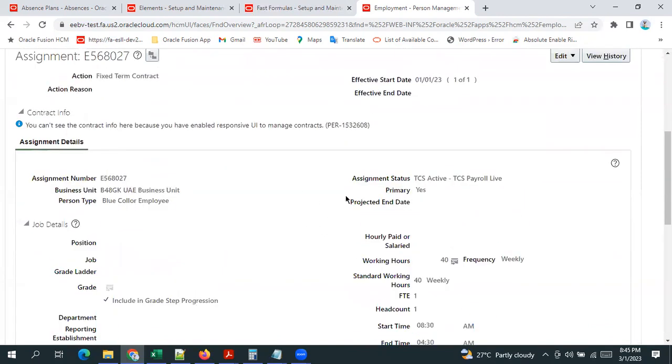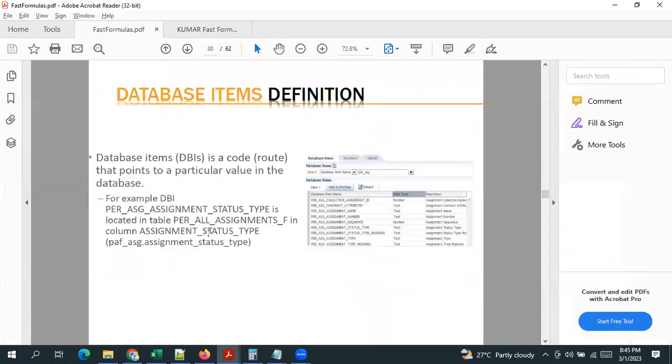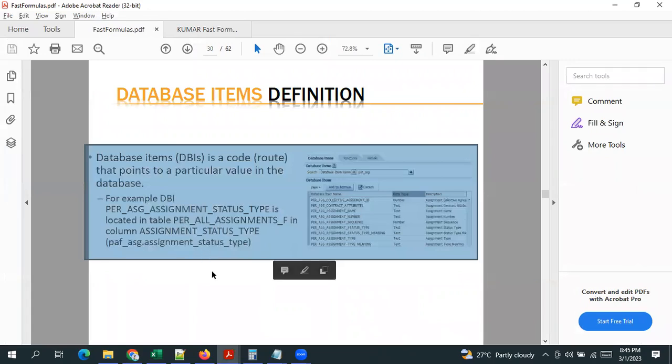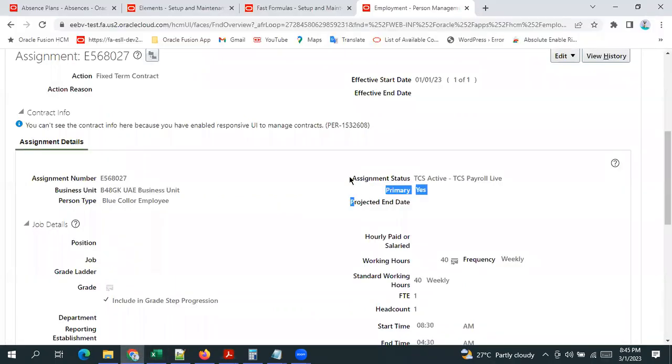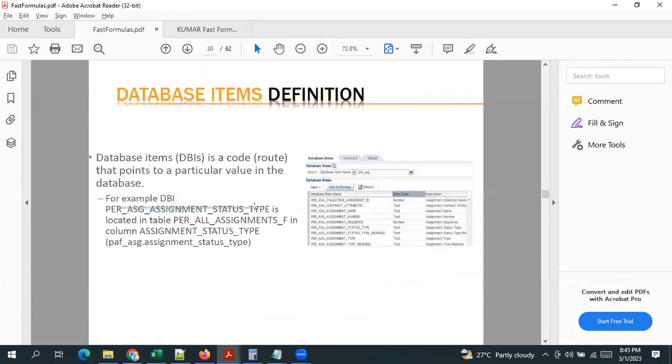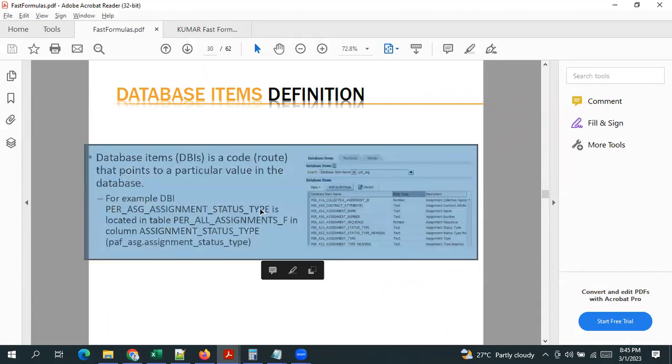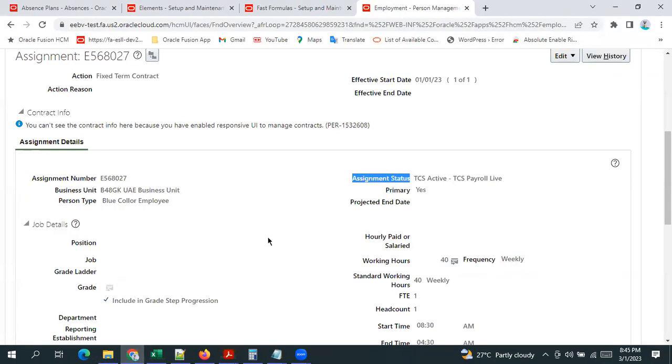So this assignment status information will be stored in a table called PER_ALL_ASSIGNMENTS_F, in the column of assignment status type. And in order to get that particular attribute information, the DB item that Oracle has given is PER_ASG_ASSIGNMENT_STATUS_TYPE. For every attribute in the system,